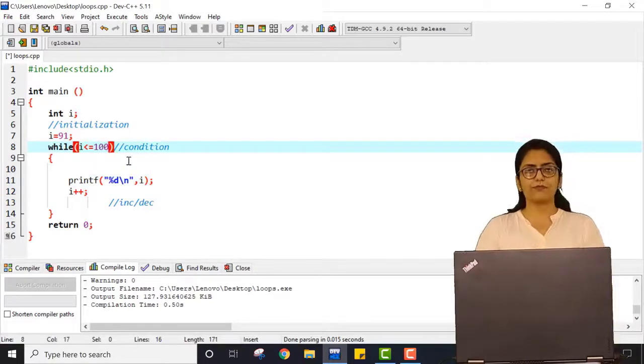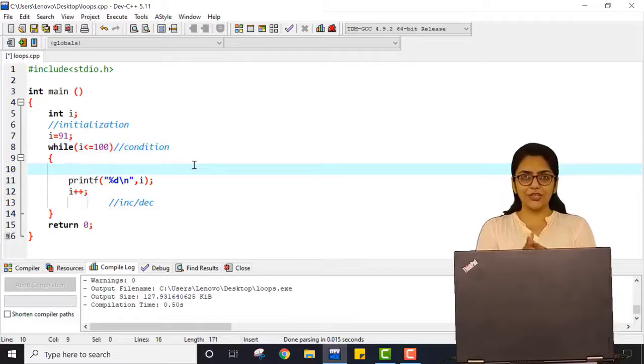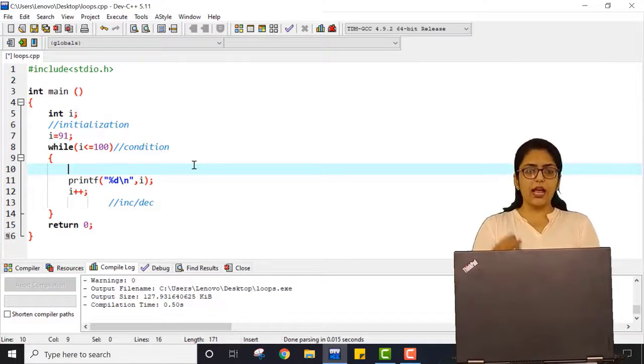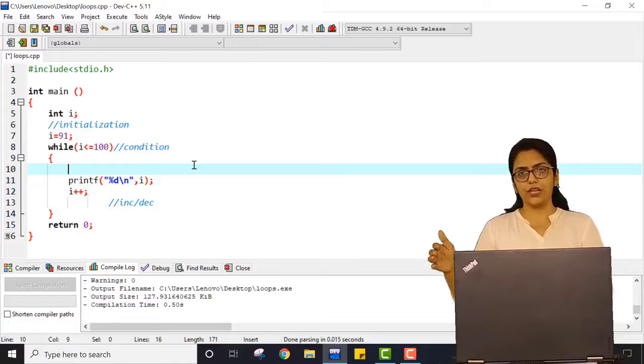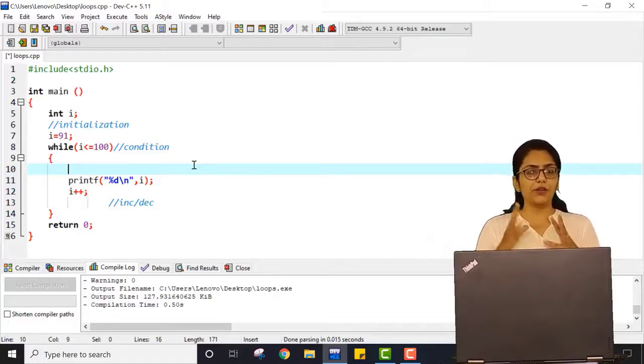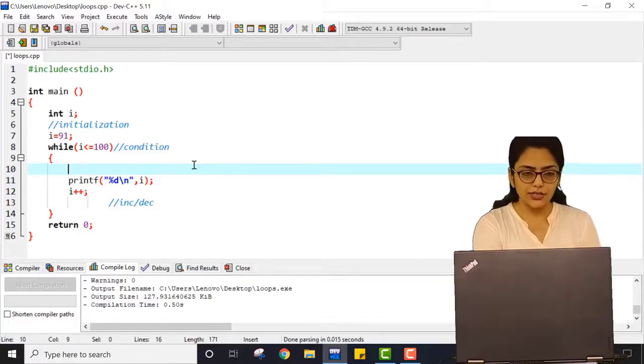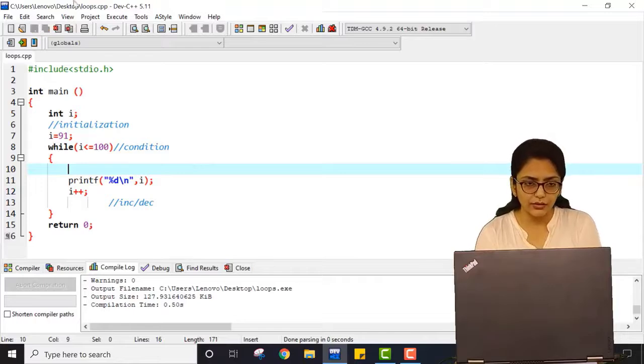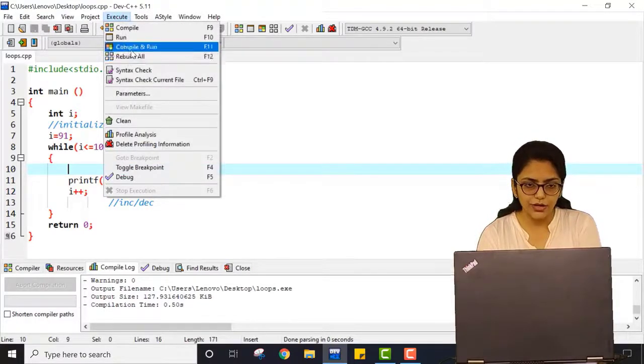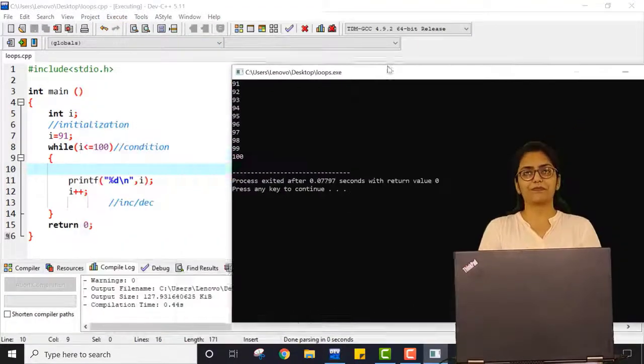What will be the change? I am just changing the lower limit and upper limit. Here I have started i with 91 and it will go till 100, so it will print 91 to 100 only. If I save this program, compile it and run it, you can see the output over here.